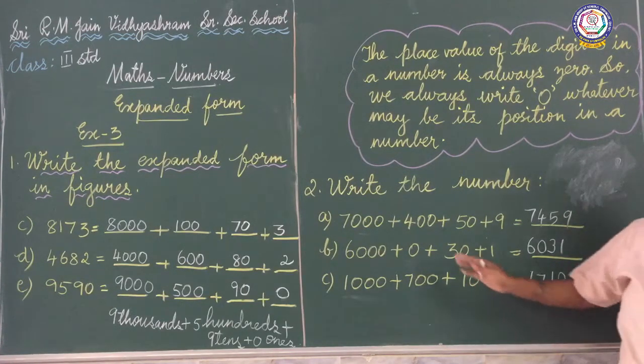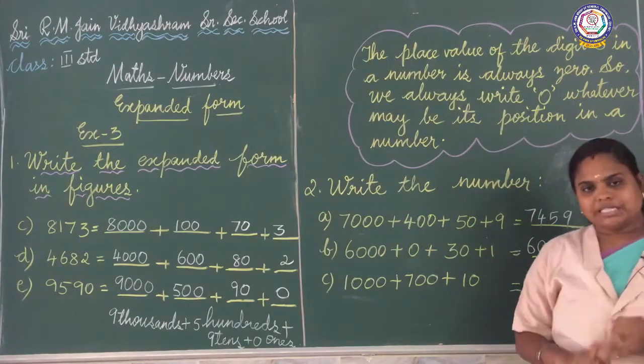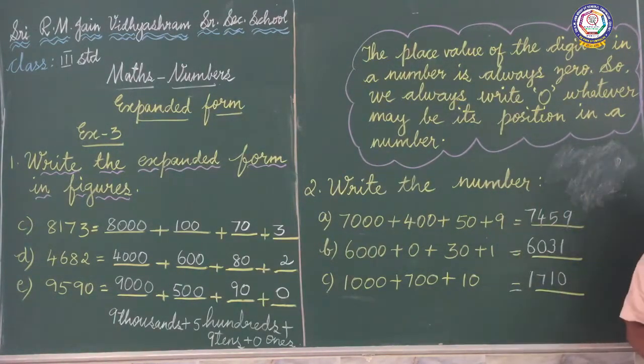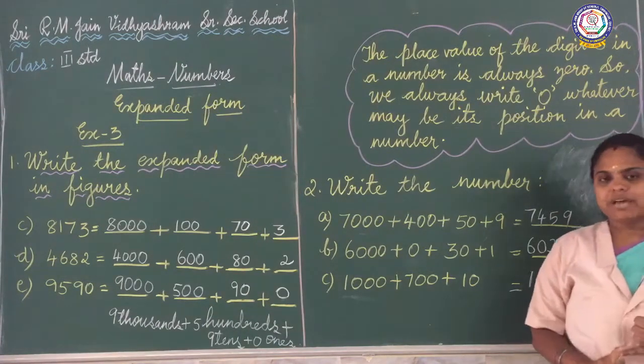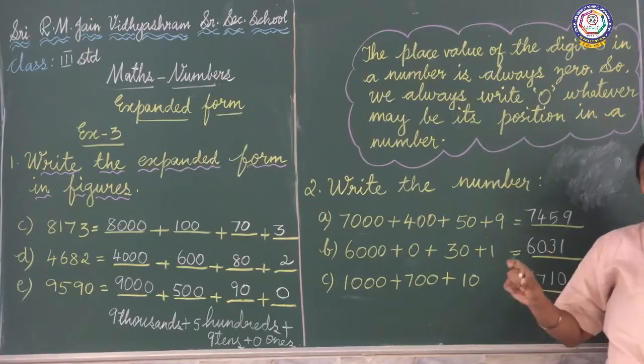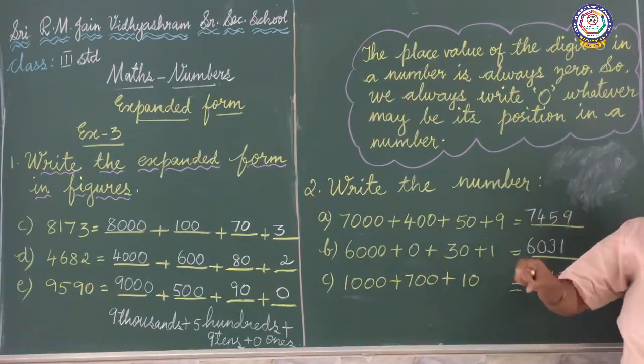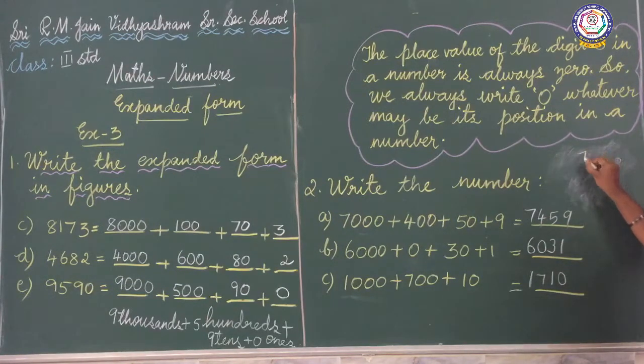So in this class we have seen place value and face value, and then the expanded form of the number. Place value means the position at which the number is placed. Face value means the number itself. Suppose, see, 7608. What is the face value of 8? The number itself, 8.